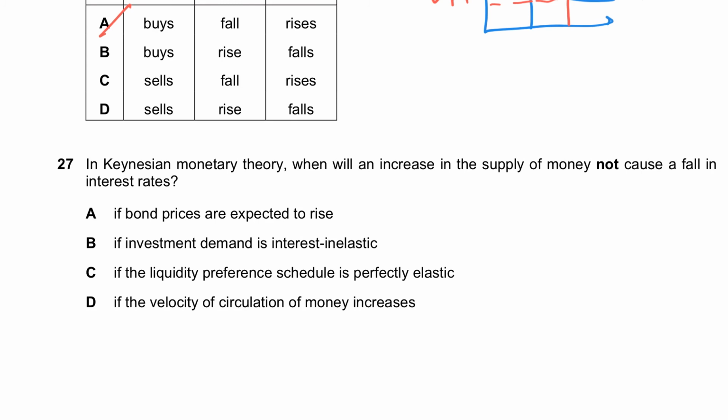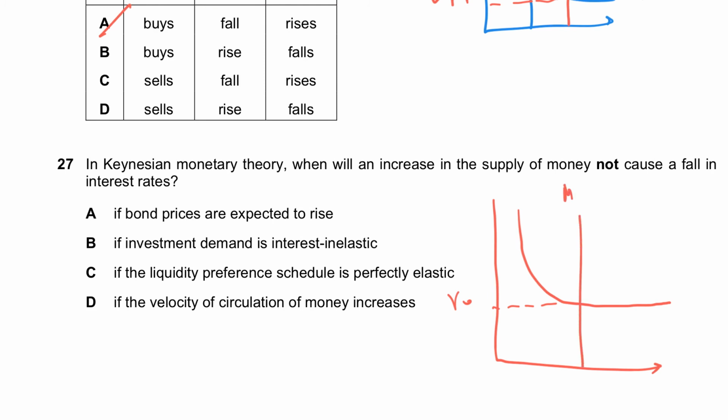So this is the time when we draw a liquidity preference curve, the one that we just drew. When we look at money demand, what if money demand is like this, perfectly elastic at some lower interest rate? Let's say at R0 it becomes perfectly elastic. Now when I increase money supply, for example, from MS0 to MS1, you can see that the interest rate